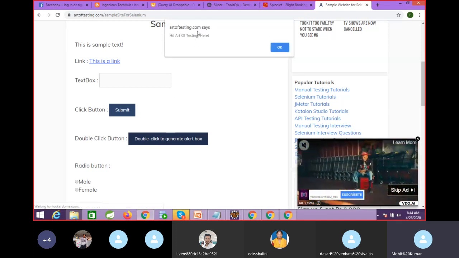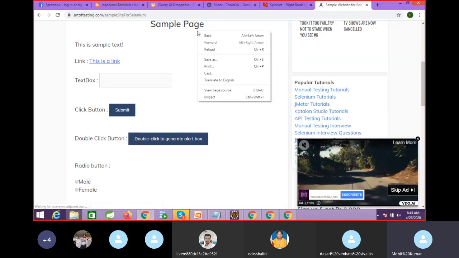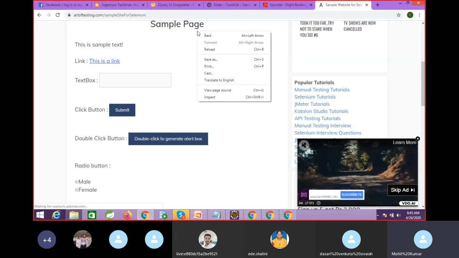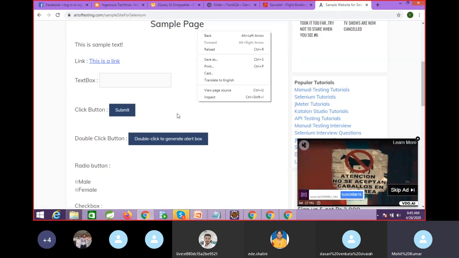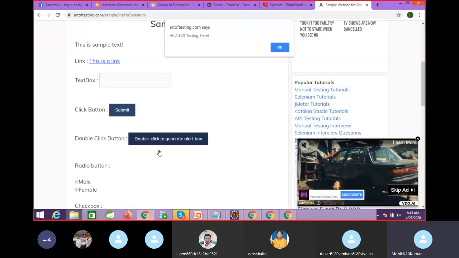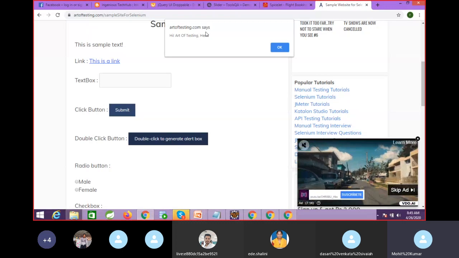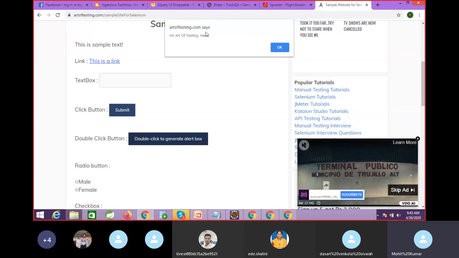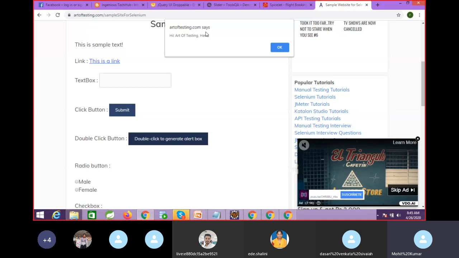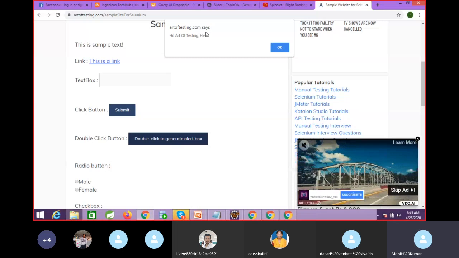You can inspect this. We are not able to inspect. This is called an alert pop-up. Okay, we get many types on the web page, but the process is the same. Here, what I'm going to do is double click. In Selenium we have one interface called Alert. So Alert is the interface. What is the process to handle this Alert interface? First we need to switch to that.